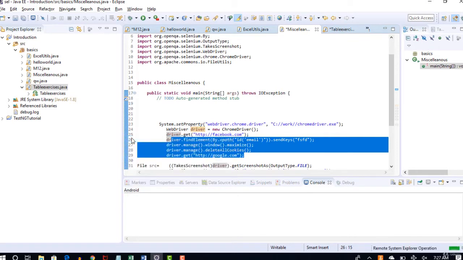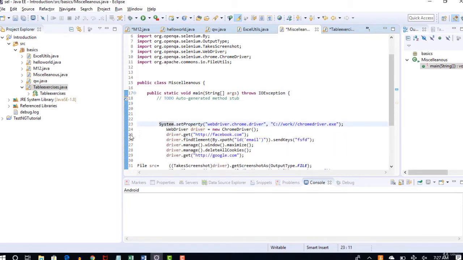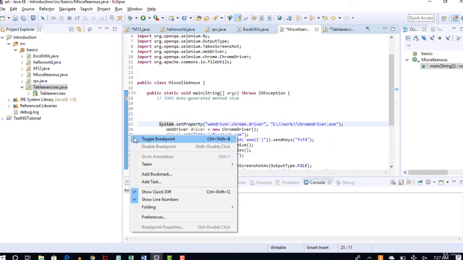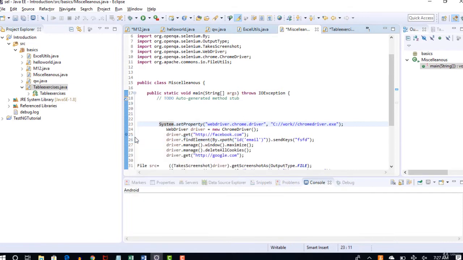When I say stop, it's pause. I want to pause my test here. From here onwards I have to monitor. If that is the case, right click and set a toggle breakpoint so that your script will pause here when you run the test in debugging mode, and from there you can debug step by step. Okay, so right click and you say run this test.